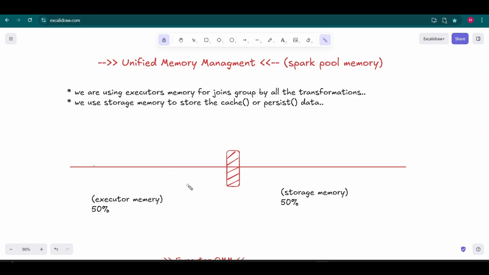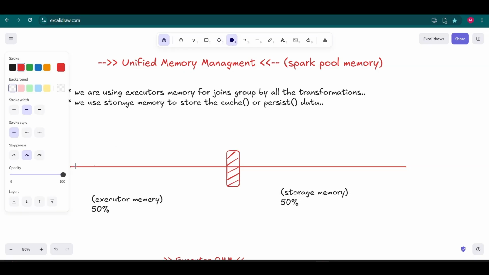Now consider how unified memory management actually works on a two-side basis. This is the most important thing you need to understand. Let us take scenario one. What is scenario one? Consider